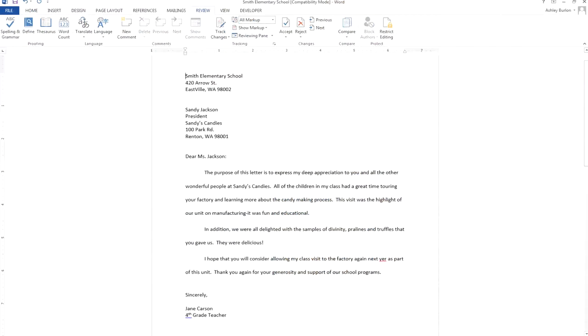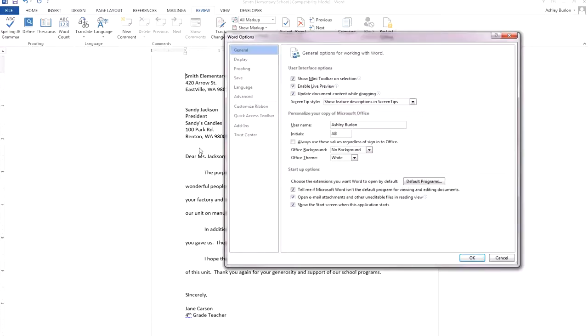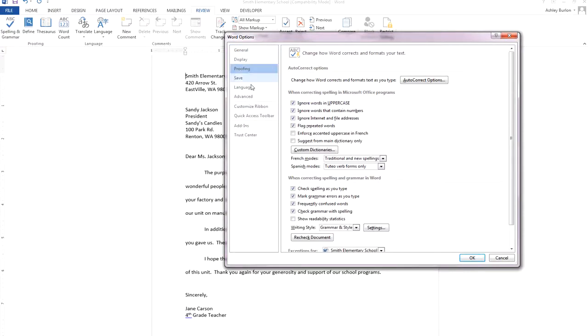Tech tip number 5 is how to check for the readability of your document. You can change your proofing settings for Word to show the readability statistics for your document. The readability statistics show how easy or complex your writing is by analyzing sentence structure and the words used. To turn on this option, you're going to left-click the File tab, left-click Options, left-click Proofing, and in the section titled When Correcting Spelling and Grammar in Word, you're going to check the box next to Show Readability Statistics,